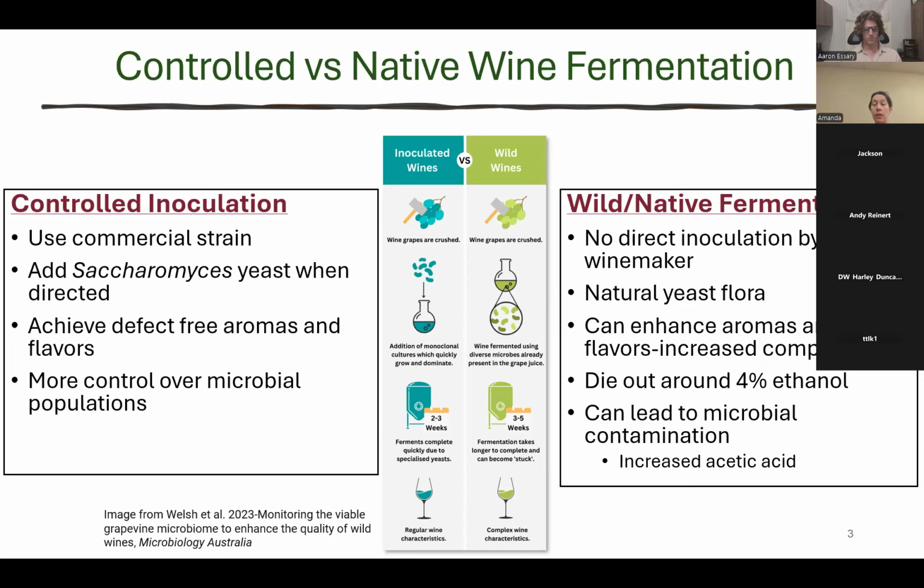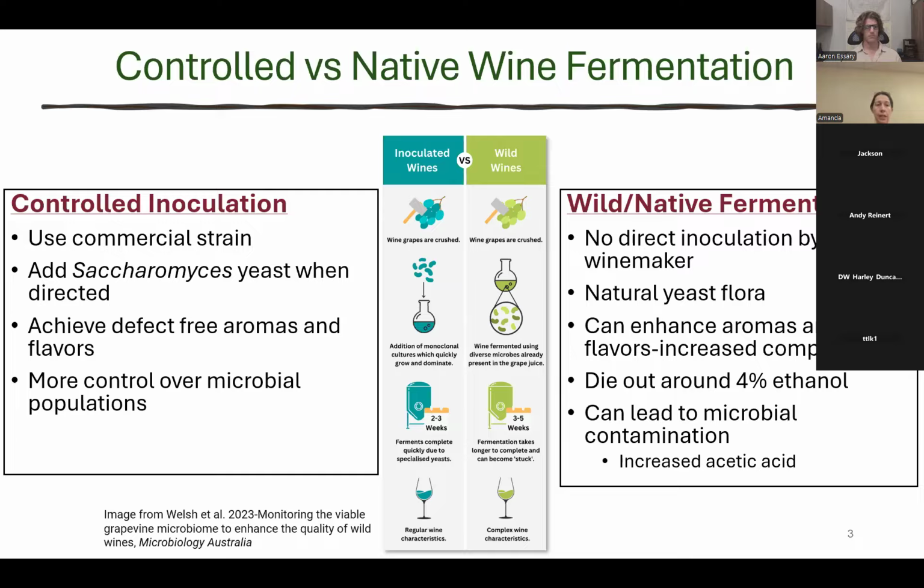So they were bringing in microflora from the grapes, the leaves, the soil in the vineyard, and definitely a little bit risky, but a lot of these winemakers who are a little more what we thought of as loosey goosey, a little less conservative and a little less risk averse, would say, well, no risk, no reward. A lot of times these wild fermented wines would have very complex flavors and aromas compared to the Saccharomyces fermented wines only. So I know winemakers have been very interested in the use of non-Saccharomyces yeast in wine production, but they want to use it in a way that's going to be more controlled and with very few risks